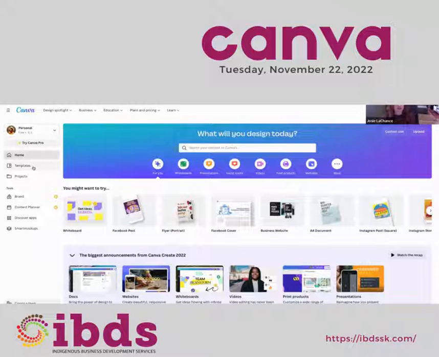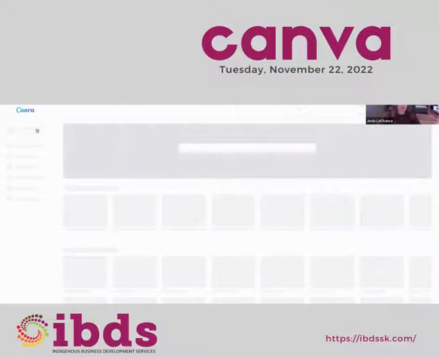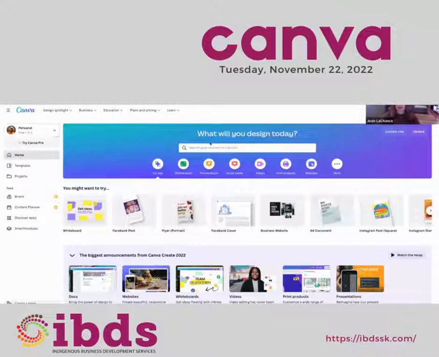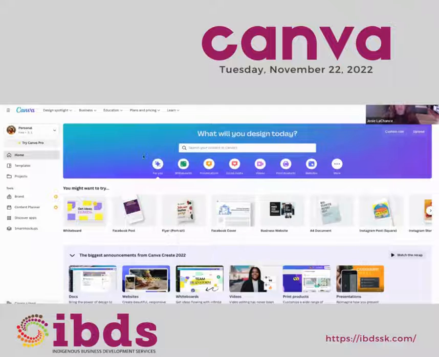The templates here, I'll just click so you can see. This is where it can bring you to start to create. So this is one way you can find templates that you want to use for whatever it is that you're creating. Another way is through the search bar up here, or this design suite, as they call it, right at the top.